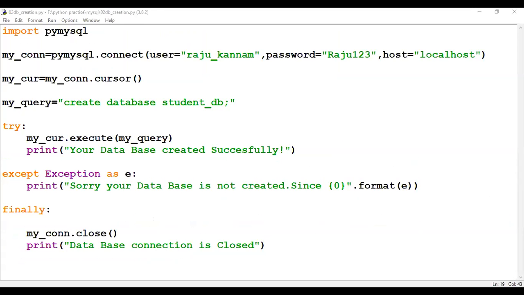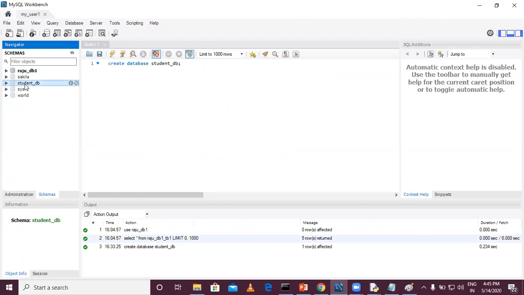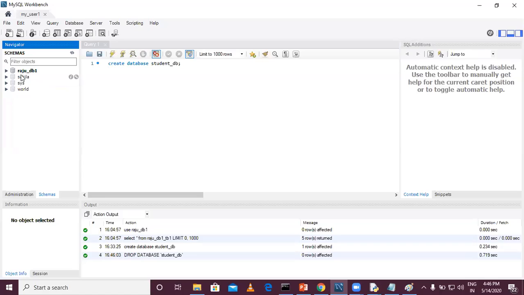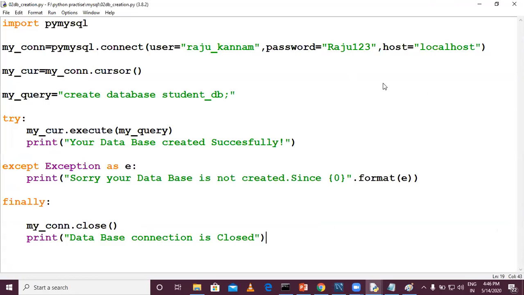Now I'll go back to my database. Here I will drop the schema, I'll delete my database. Right now there is no database called student_db. Now if I execute the program, what will be the answer?